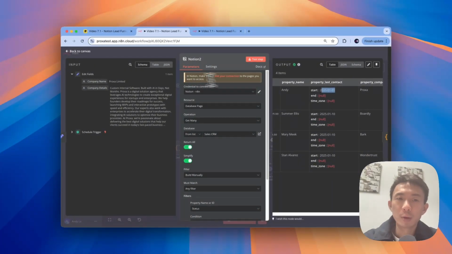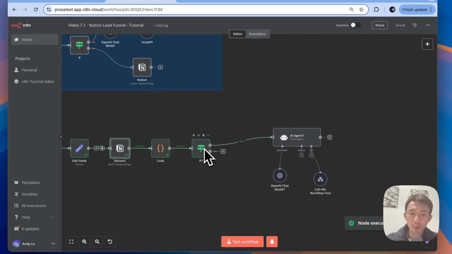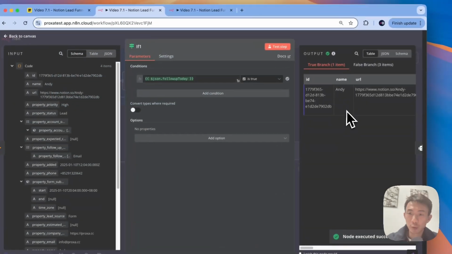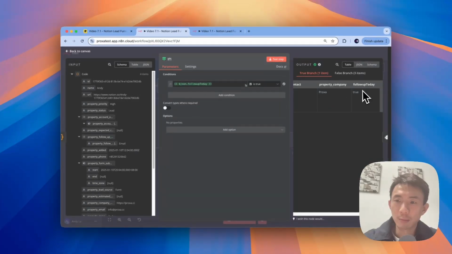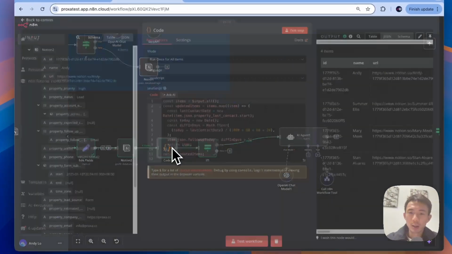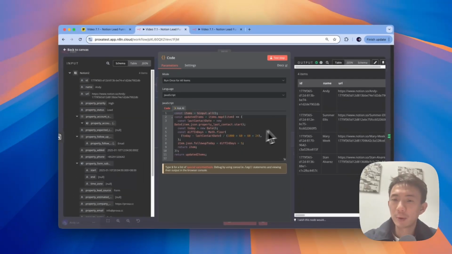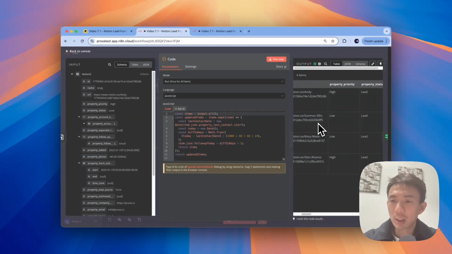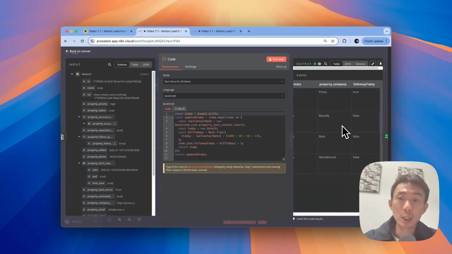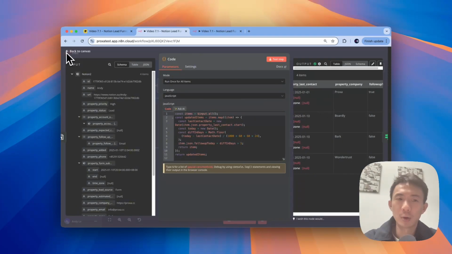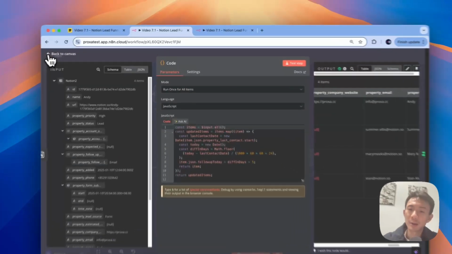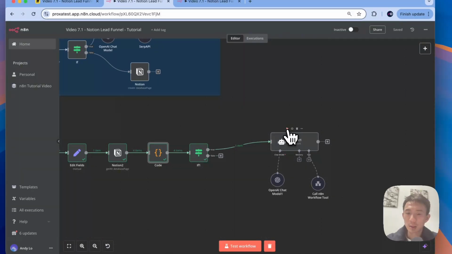So the follow-up node should return true for Andy, because for this node we use the code to filter which leads we need to follow up if the last contact date was more than 5 days ago. So I've amended a little bit for the purpose of a demo, so it'll be easier. And I've also changed the email to another email of our company, so it'll be easier for us to do the demonstration. So we can just click play here